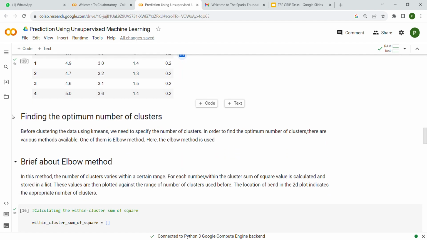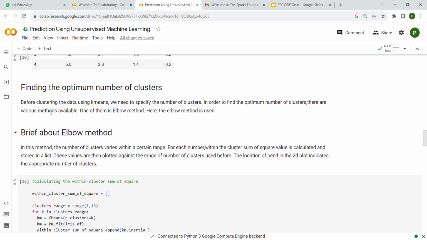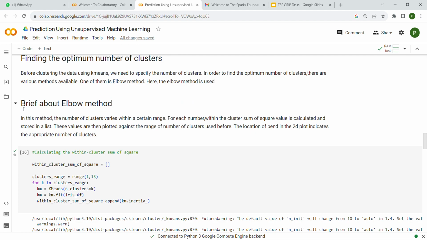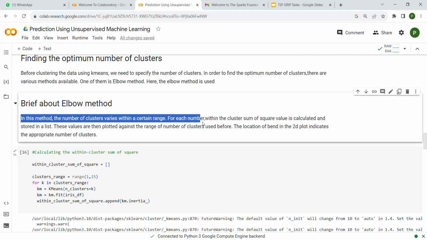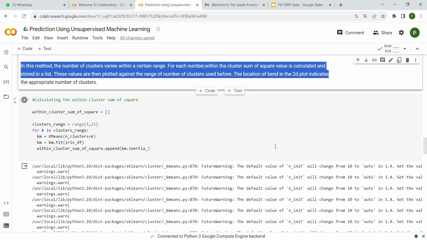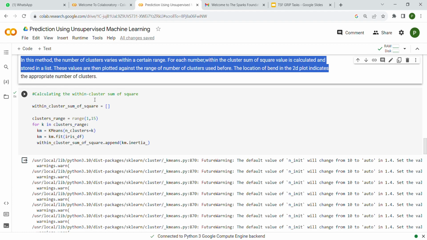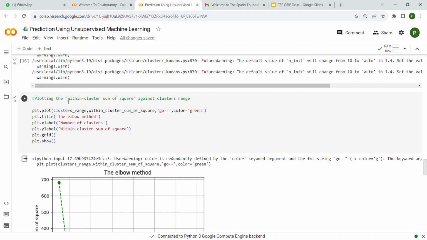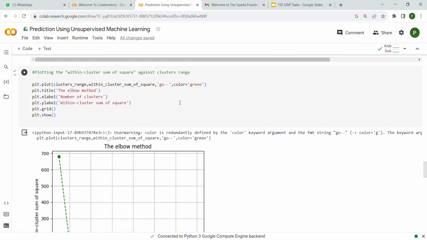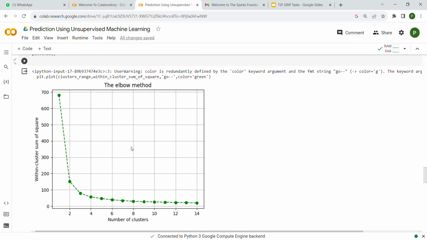Then finding the optimum number of clusters. In this, we'll use the elbow method. So what is the elbow method? In this method, the number of clusters varies within a certain range. For each number of clusters, the sum of squares value is calculated and stored in a list. Then, calculating the within-cluster sum of squares, we plot it against the cluster range. So in this graph, what we'll see is that